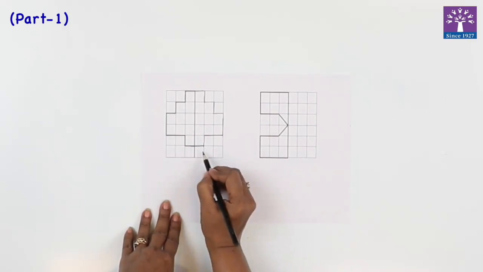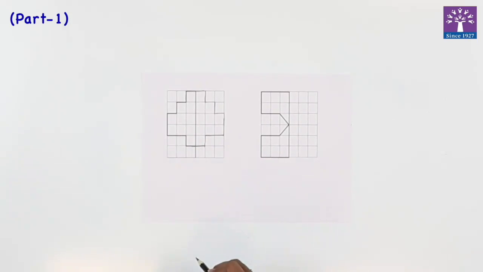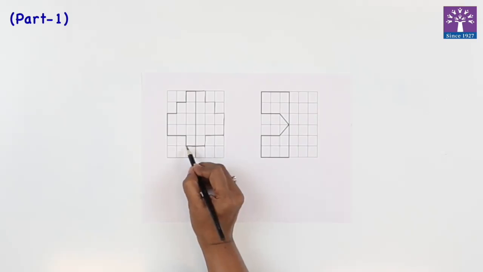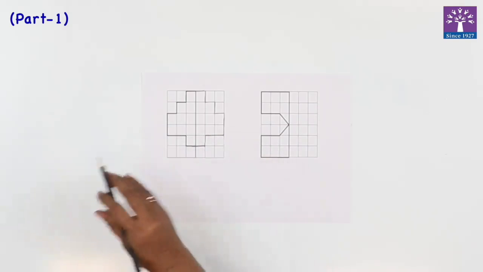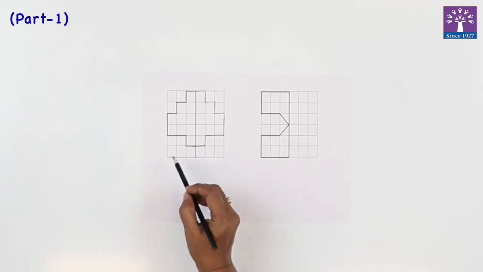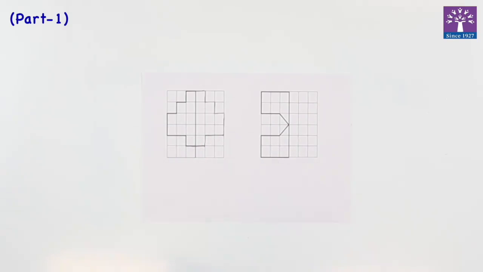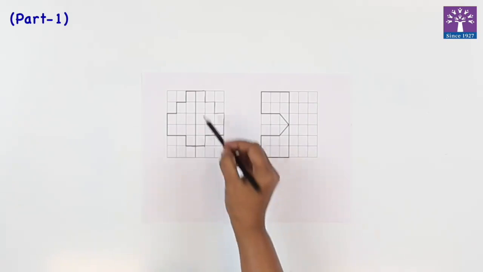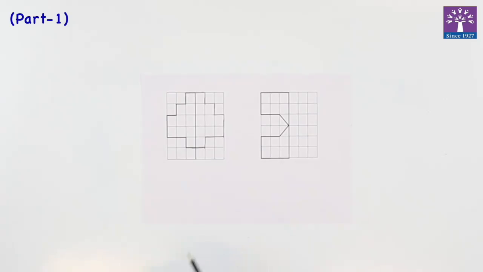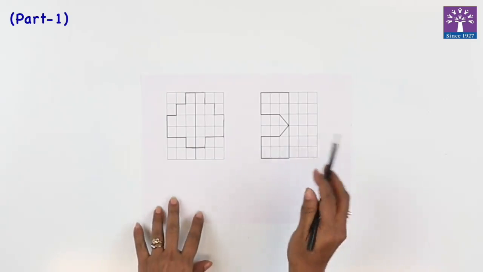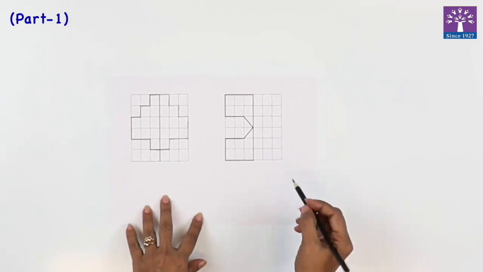Can you see that with the help of the square or a grid, we have completed the picture which is on the left hand side of the page. It is the same on the right hand side of the page or the right hand side of the center line or the mirror line. Let's try and complete this picture.